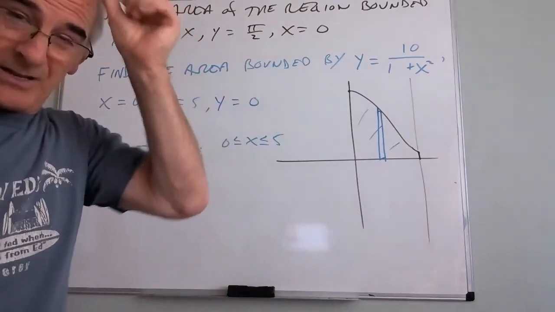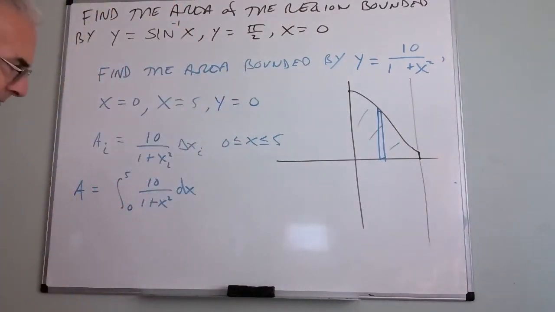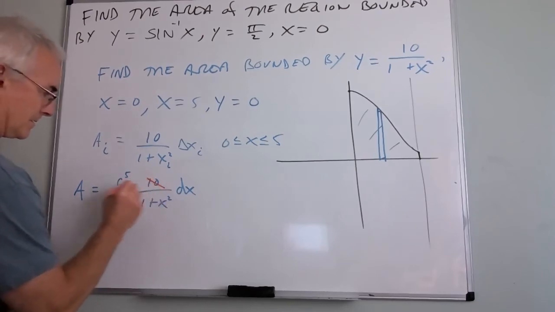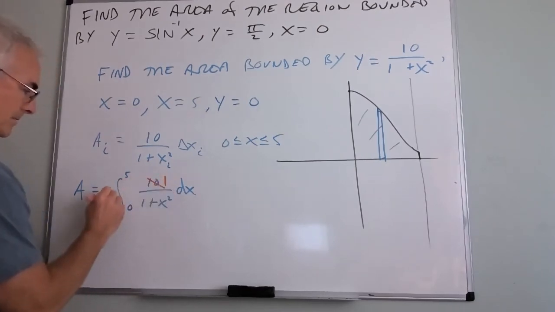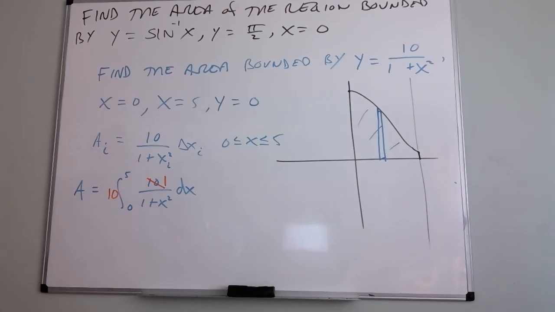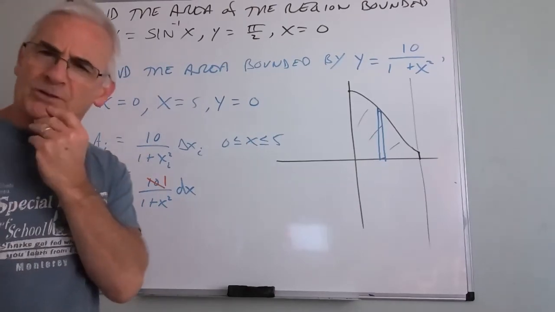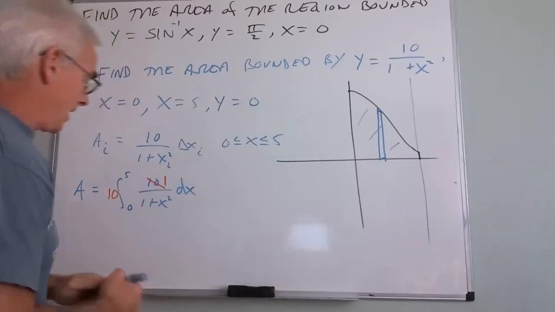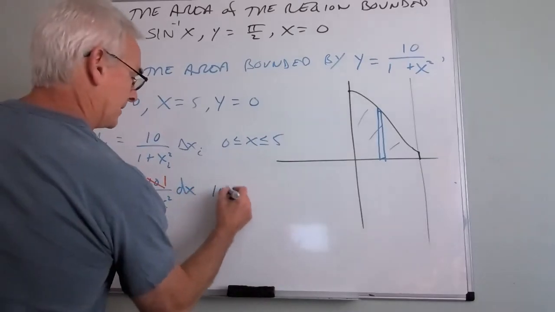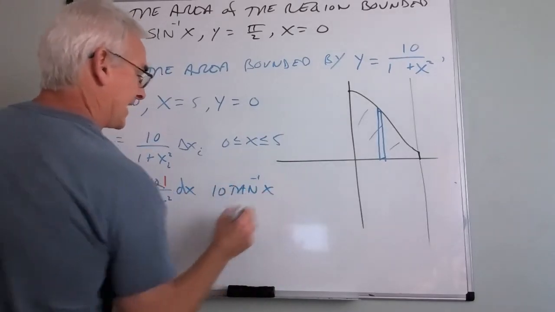That's too much work. Do we know the antiderivative of this, anyone? Maybe if I did this, it might be easier. That might make it more obvious. Do we know the antiderivative of this? Inverse tangent. Oh my gosh. See, a lot of you are looking at the 10 going, how do I work the 10? And 10 is just a coefficient. So this is 10 inverse tan x